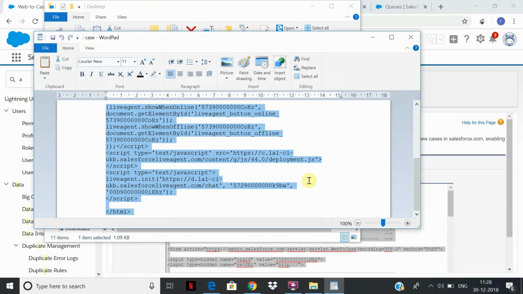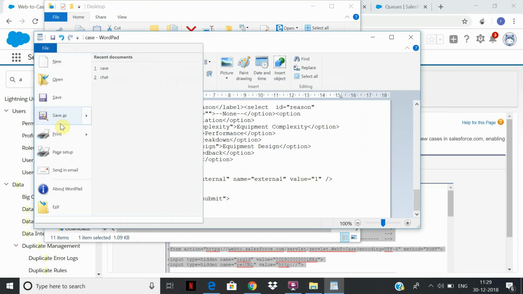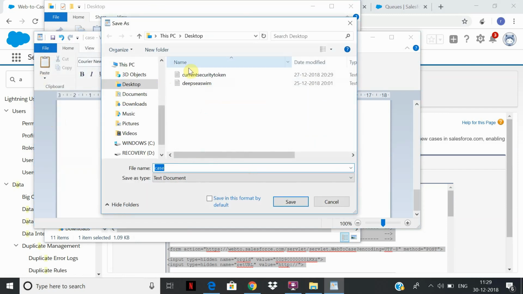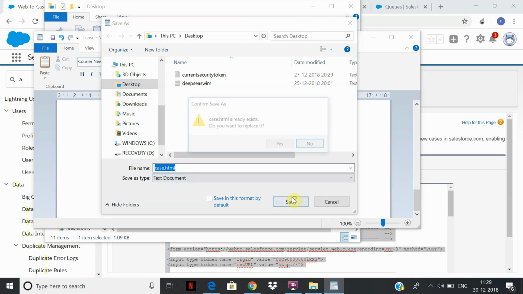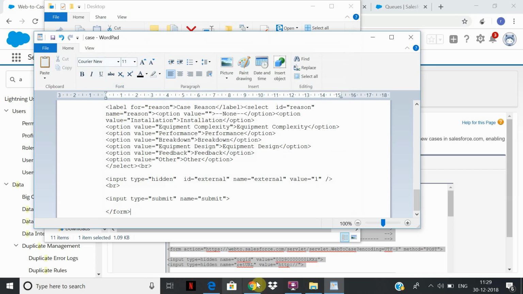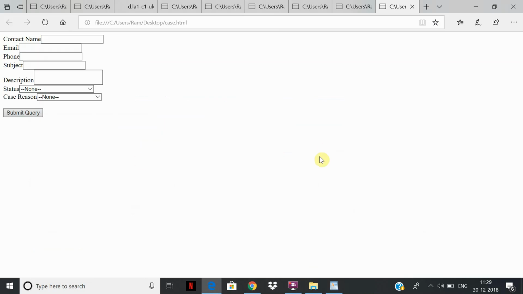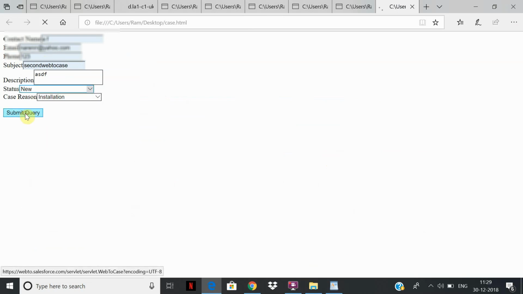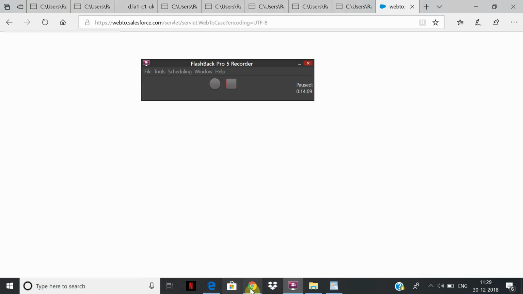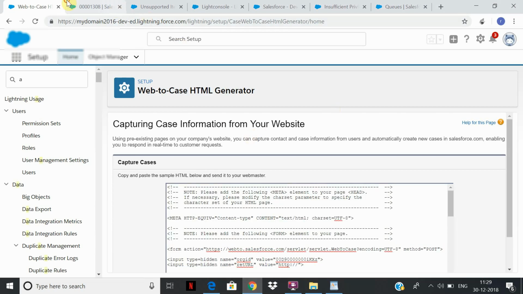As you see, this is an amazing tool which helps us create web-to-case forms very fast. If you say installation, this is going to submit a case of type web, so now it's going to create a case here.